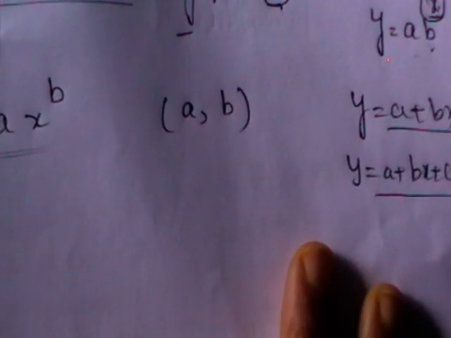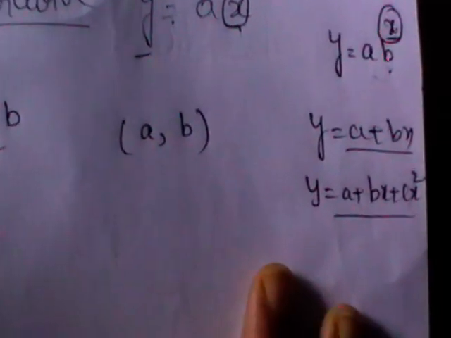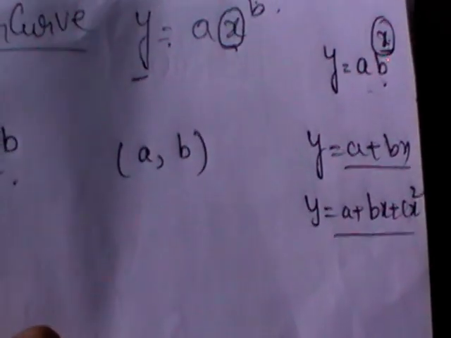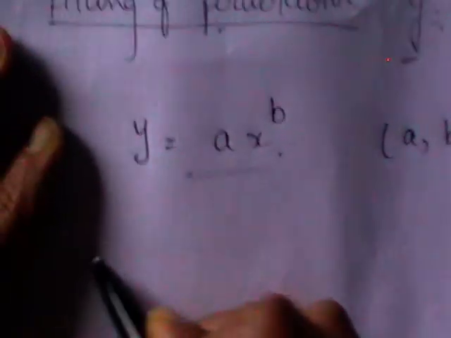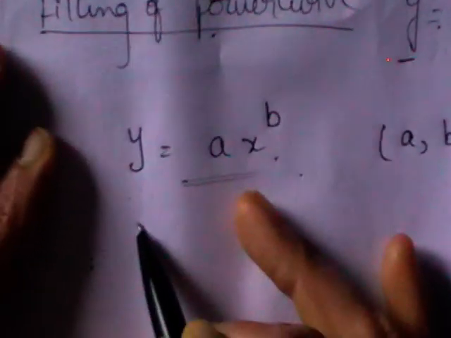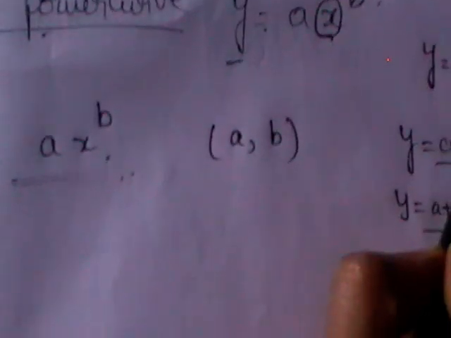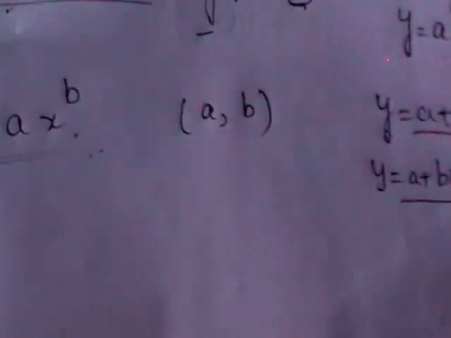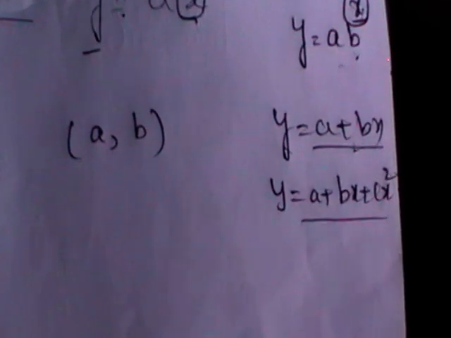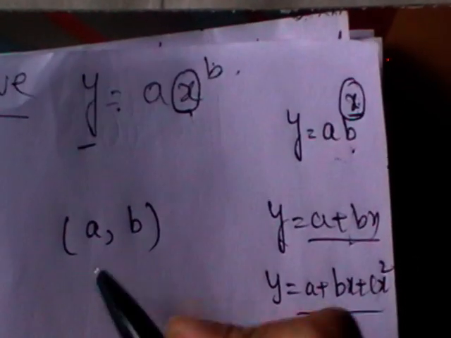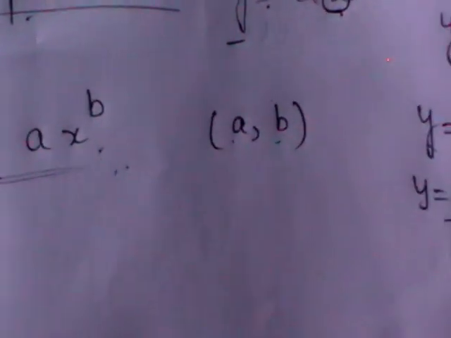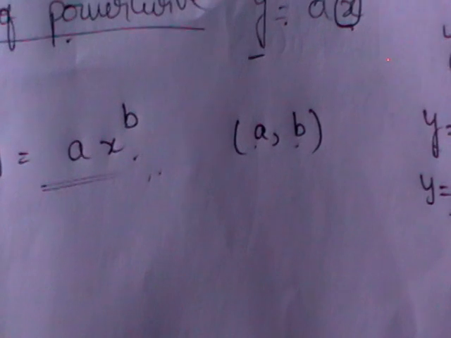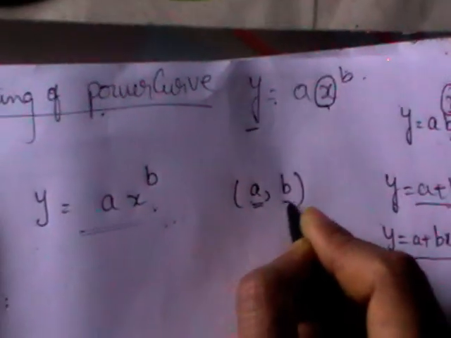We should convert that into linear form in the first step by taking logarithms. For the considered curve, either exponential curve 1, exponential curve 2 or power curve, take logarithms on both sides and convert them to the nearest linear form, called the straight line form. Then write the normal equations by using the method which I told you. Solving those two normal equations, you will get the involved constants. They may not be these directly, but some other constants like capital A, capital B, as we discussed. By using the interrelationship, you are going to find these a and b.